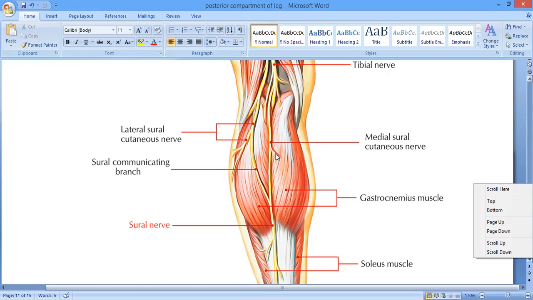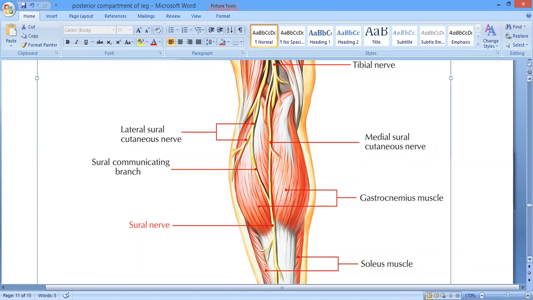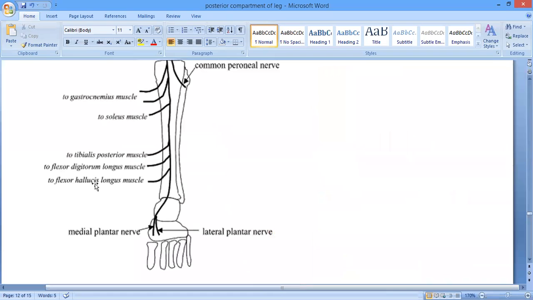Then the muscular branches to the gastrocnemius, of course soleus, popliteus, and plantaris, all those muscles of the posterior compartment. Okay? And here it gives the articular branch to the knee joint. And while traveling in the leg, it gives muscular branches to the deep muscles of the posterior compartment. Which deep muscles? Soleus it already supplies, apart from that it gives to flexor digitorum longus, tibialis posterior and flexor hallucis longus. And it gives an articular branch to the ankle joint. And the terminal branches it gives to the medial and lateral plantar nerves. Right? So this is all for the tibial nerve.